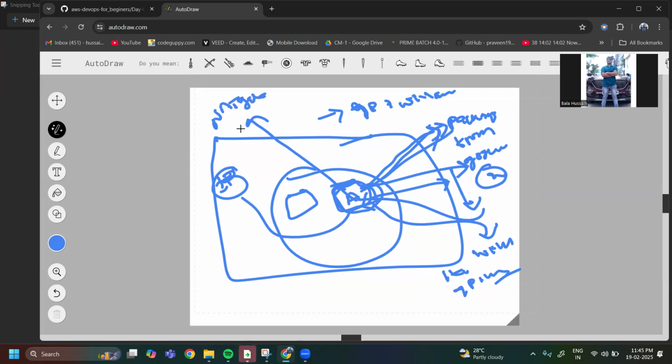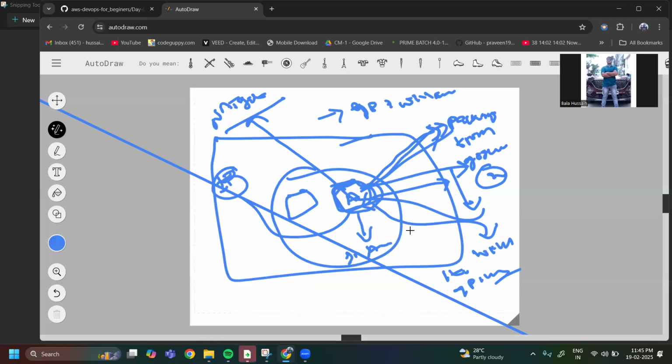So using the NAT gateway, the private applications can access the internet, and the NAT gateway masks the private IP address of the instance. This is the concept I wanted to explain.